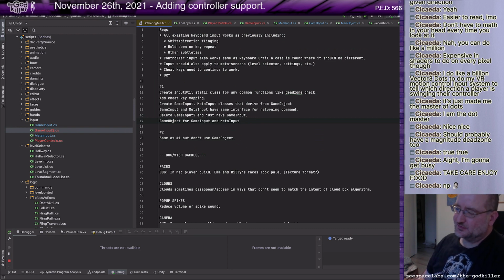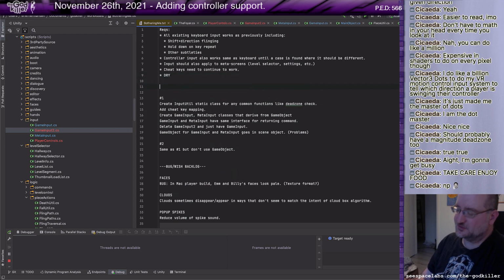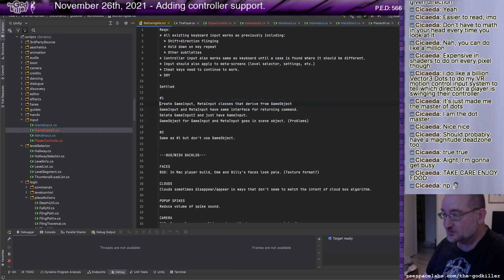I almost don't even want to think about how this would work, because it's a mess. This solution is a mess, having it set up this way. Game object for game input and meta input goes in scene object. Problems. Just reminding myself it hasn't been thought out. Okay, let's make a settled section of stuff that I'm pretty sure I'm going to do for any of the solutions.